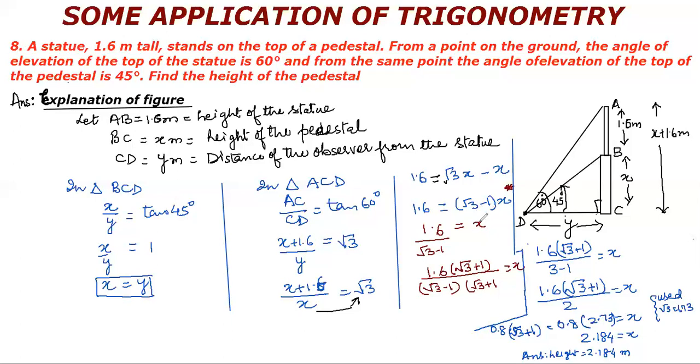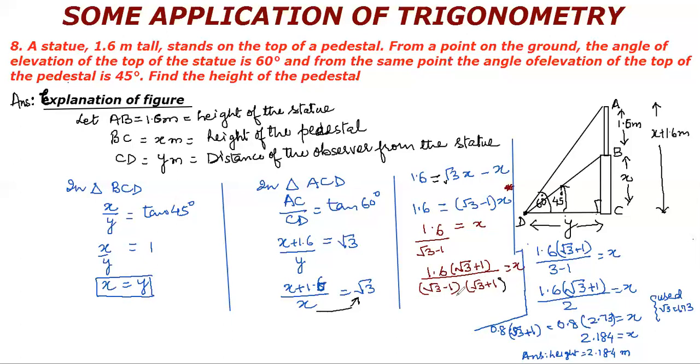So we want to find out the value of x. So we will keep this x this side. We will bring this square root 3 minus 1 this side. Now root 3 is in the denominator. We read in class 9 that we have to always rationalize the denominator. So now we will rationalize.